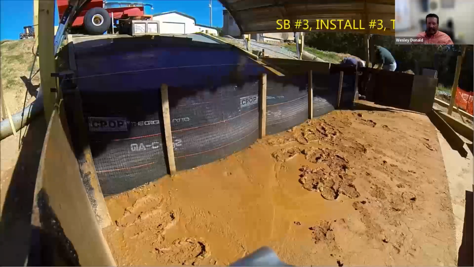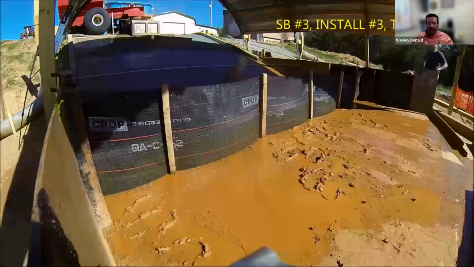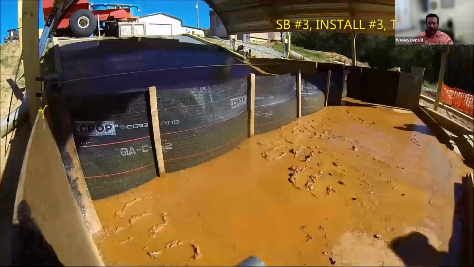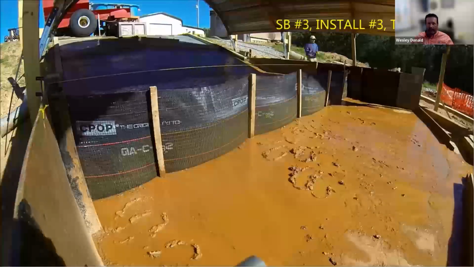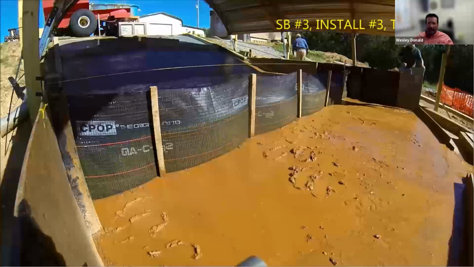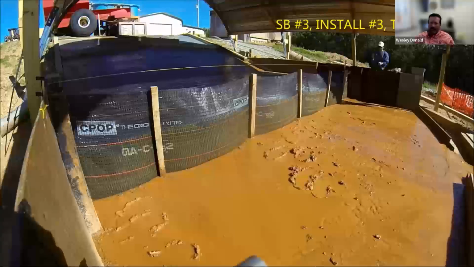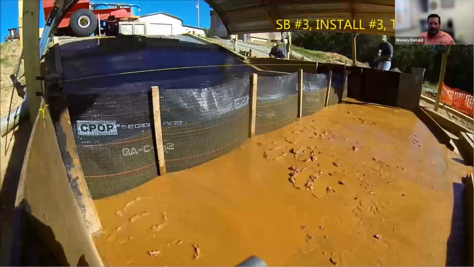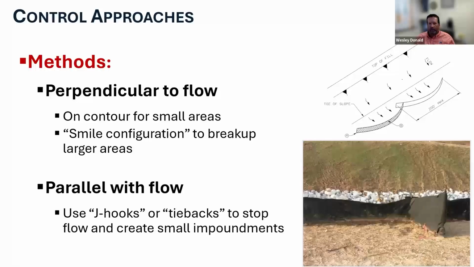Other options besides Type A fabric is going to be the Type E option. We've got woven fabric, silt fence, and wooden posts. But the thing to think about is, how long are you in control of this? Those wood posts probably last in our climate about a year, and that's tops. They start breaking after that. So you've got to think about how long you need this device to be in place before it fails.